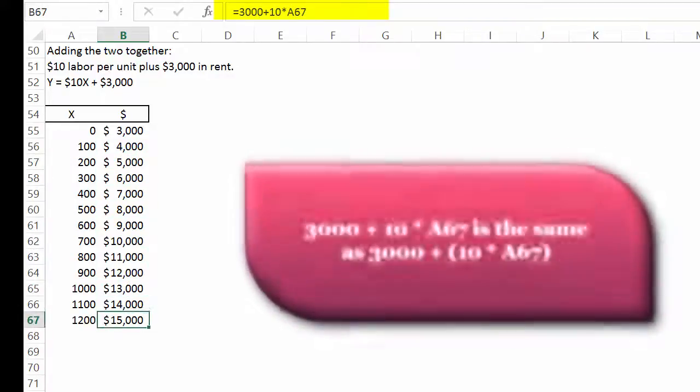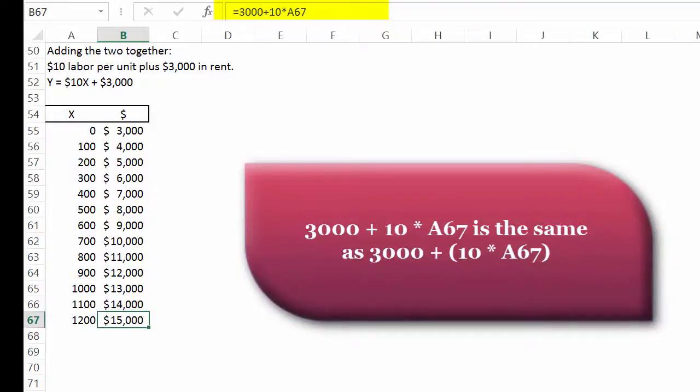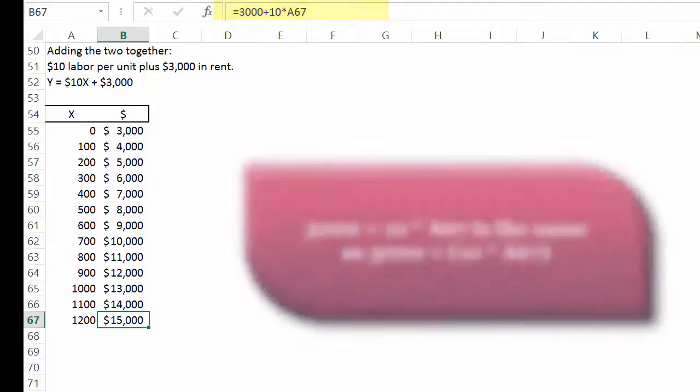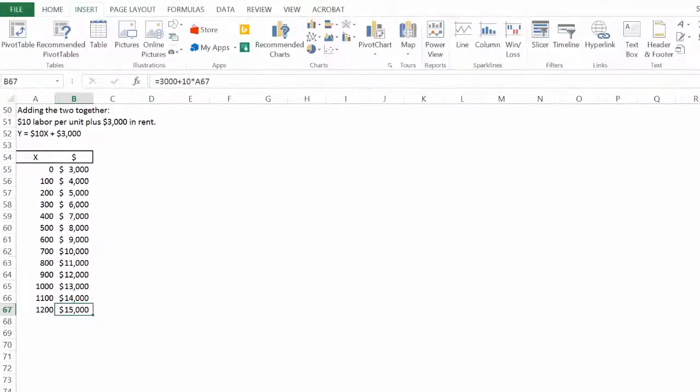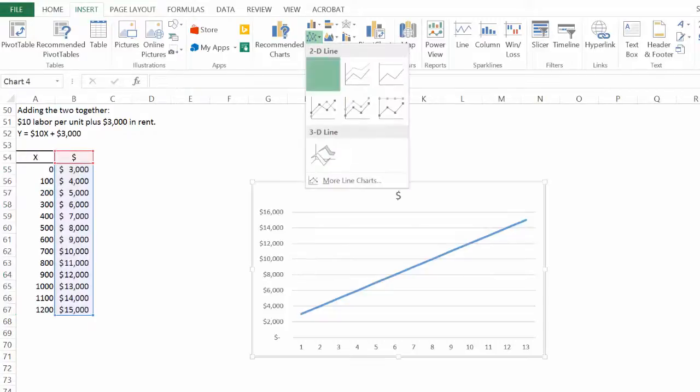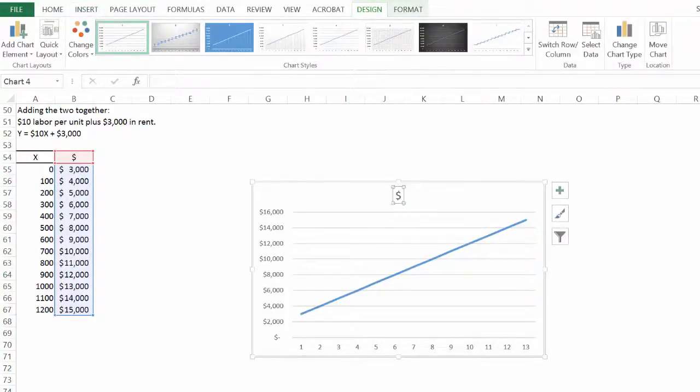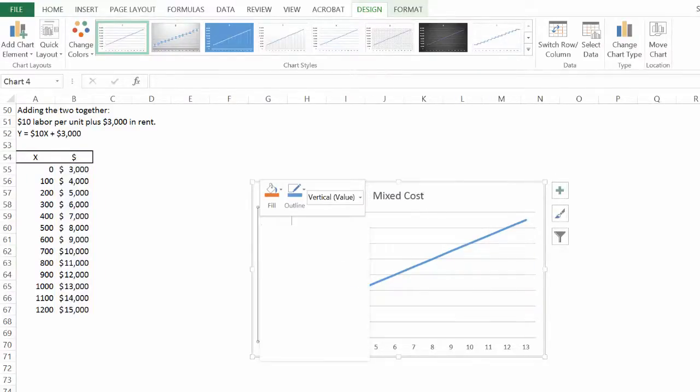And remember, in the order of operations, we multiply and divide before we add and subtract. So 3,000 plus 10 times something, we'll do the multiplication before it adds. Let's graph this. Insert. I'm going to select my data. Line graph. Pick that line graph. This is mixed cost. We want to change this to be